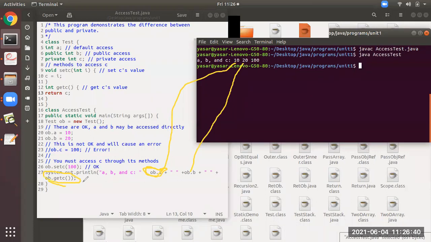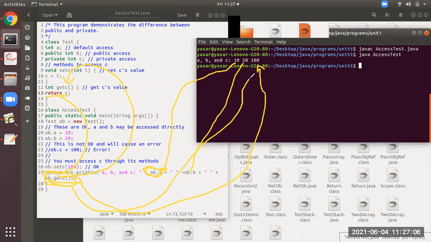How will it display the value 100 over here? ob.getC is a function call. It will call here, and inside this, at line number 13, there is a return c. So from here, it will return 100 to line number 27, ob.getC. So here it is going to display the value 100.